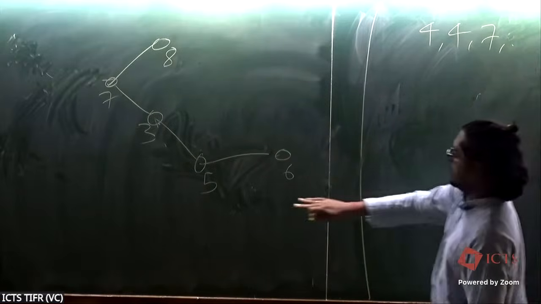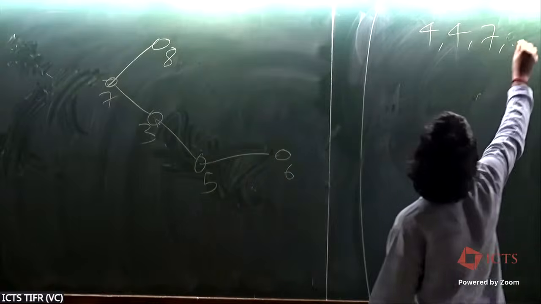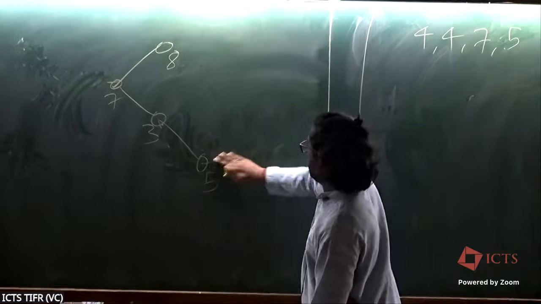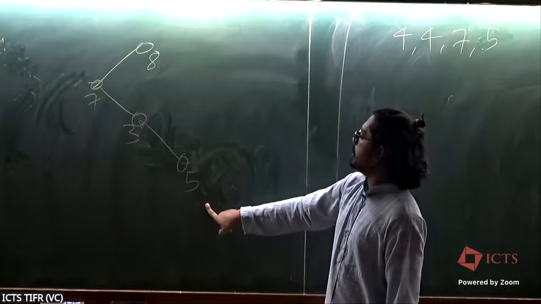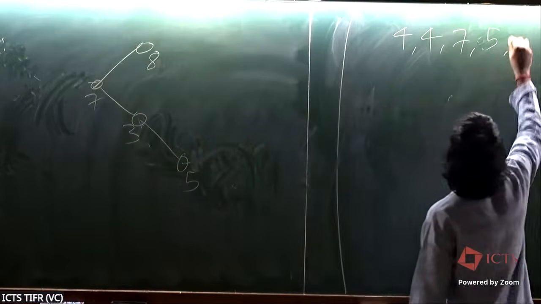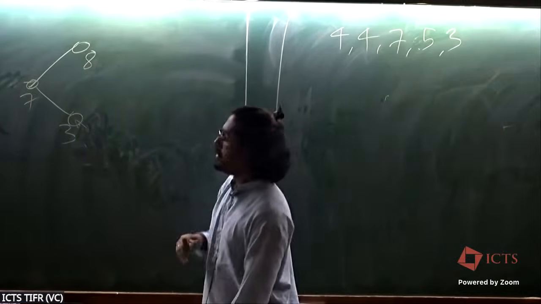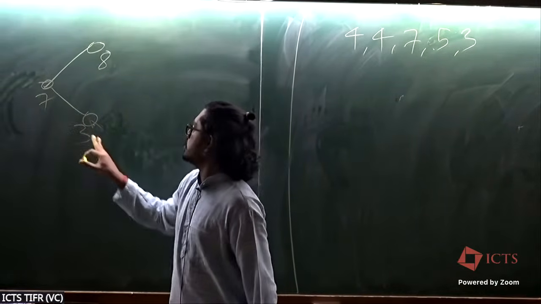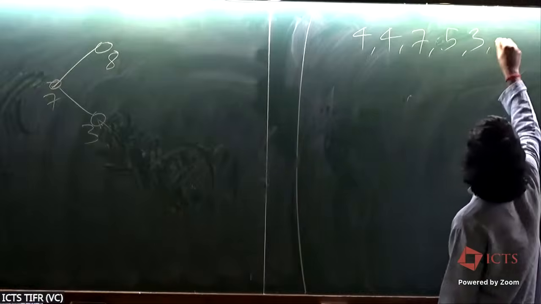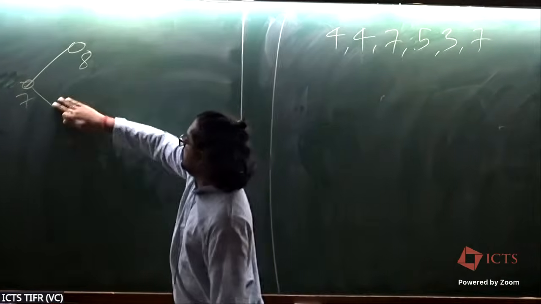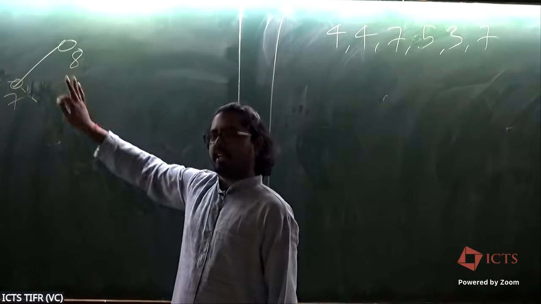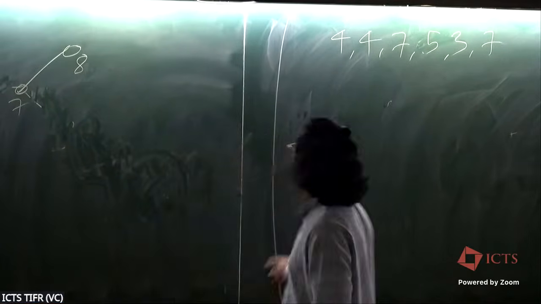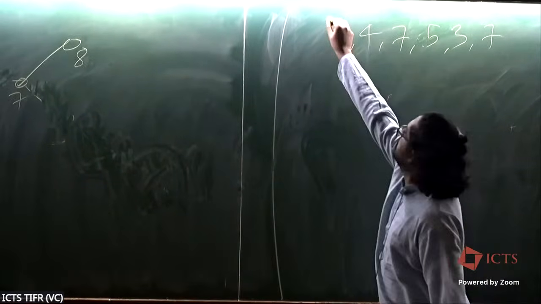I'm not going to record 6. I'm going to record the neighbor of it. Then 5 is the one, so 3. Okay. Then, correct. Among these two, this guy, so 7. At this point, I stop. It's just an edge, right? Let it be. I have already got a sequence of length 6.